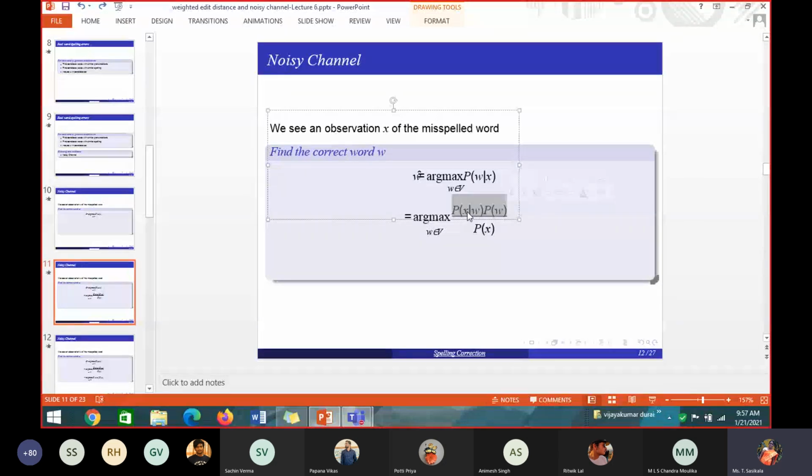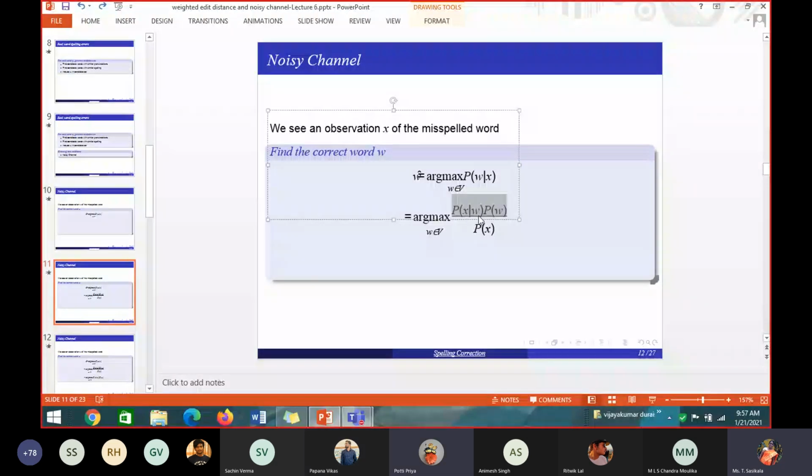How many times does the probability of behave appear in my text corpus? Like that, every time I have to find the probability. So how many probabilities totally will I find? Totally, I have 3 candidate words. One is BEHALF, one is behave, and the other is because. So how many probabilities will I be having?